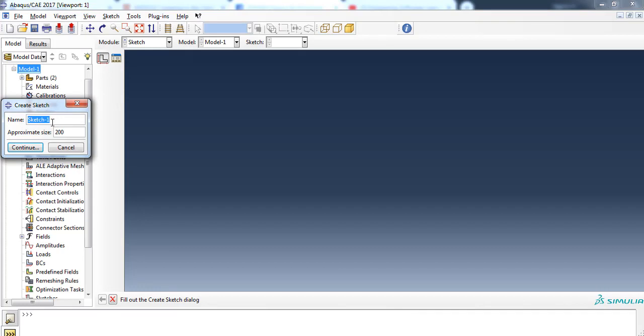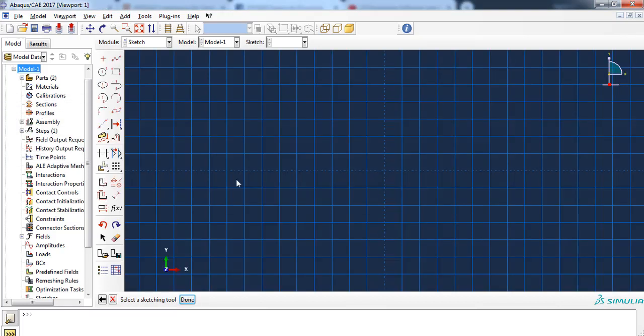Here, for example, cube, or the first test, anything you want, okay, and the approximate size is the grid size given by the Abaqus. You can increase this number or decrease, depending on the size of the part that you will create in the sketch. So continue here,